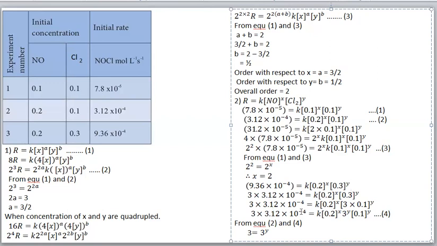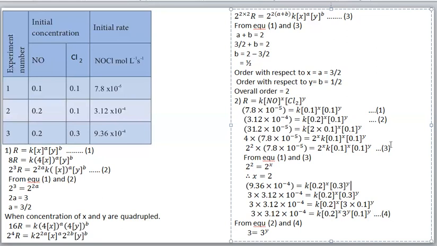Okay. Then you see here, this value and the second equation, this value you see. Okay, we have to adjust in such a way that we get these terms, K 0.2 to the power X, 0.1 to the power Y. Like that we rearrange here. Okay, so we will get 0.2 to the power X as it is. We can write, instead of 0.3, we can write 3 into 0.1, okay, to the power Y. Then this 3, we can take it out. So we'll get 3 to the power Y, this one. 3 to the power Y into 0.1. Remaining as it is, we wrote.